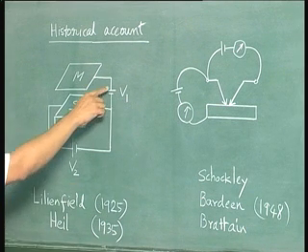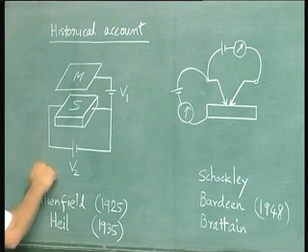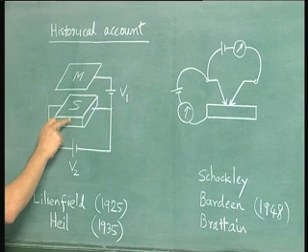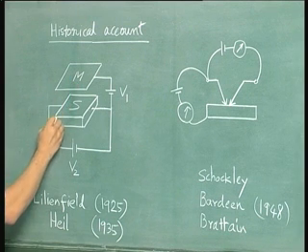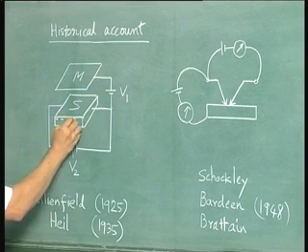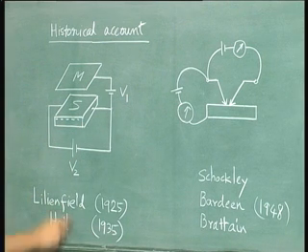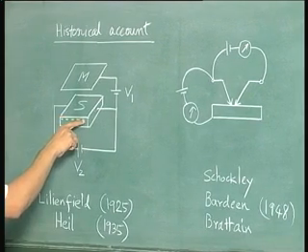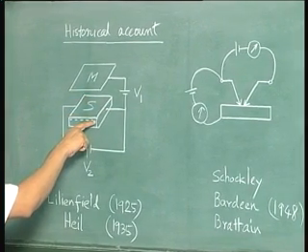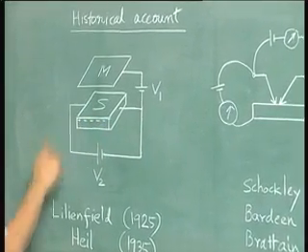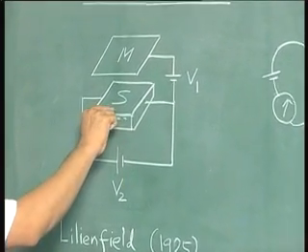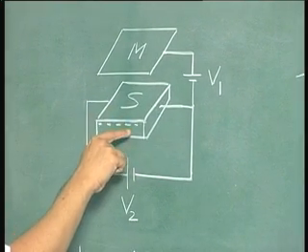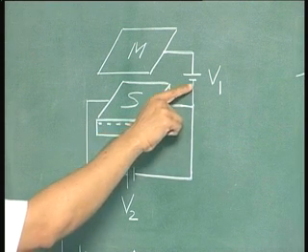For example, for the polarity of the voltage applied here, it is clear that the metal will be positive and the semiconductor will be negative. So the positive metal electrode will attract electrons to the semiconductor surface. Because of these attracted electrons, the conductivity of the semiconductor will increase near the surface. In other words, the conductivity of the semiconductor itself will get modulated, it will increase. Notice that these electrons are being given by the negative terminal of the battery.